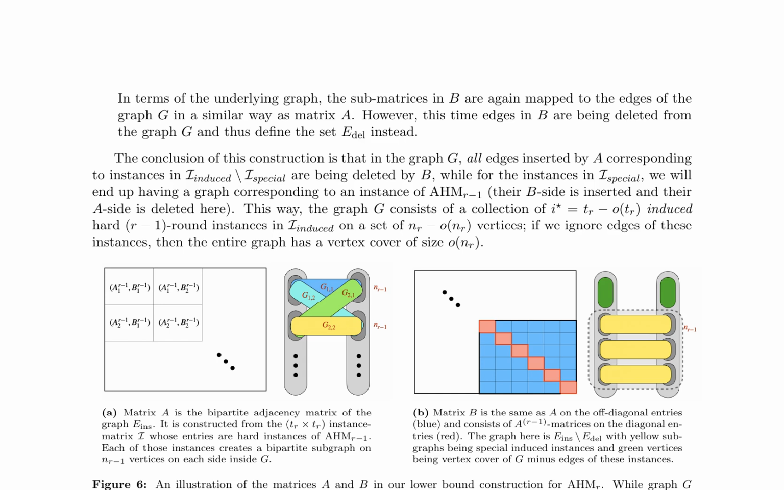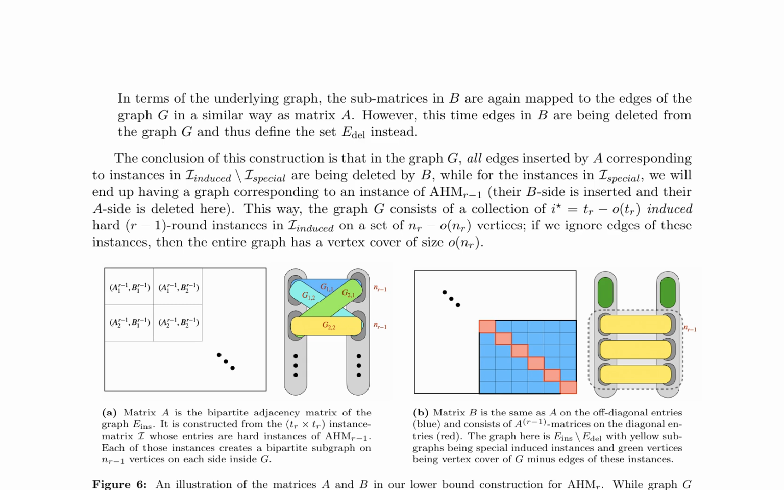In the context of the lower bound construction for the approximate hardness model, AHM, in R rounds, we focus on creating matrices A and B, which are bipartite adjacency matrices of the graph G. The graph G consists of a collection of I = t_R·ρ_R induced hard (R-1)-round instances in I induced on a set of N_R·ρ_R vertices. Matrix A is constructed from the t_R × t_R instance matrix I, whose entries are hard instances of AHM_{R-1}. Each of these instances creates a bipartite subgraph on N_{R-1} vertices on each side